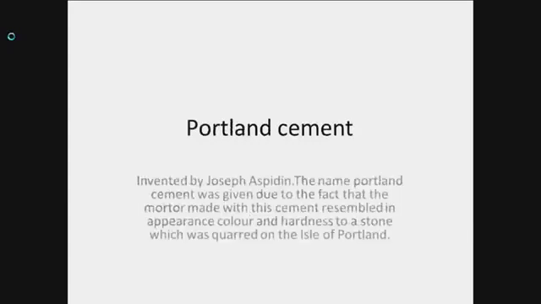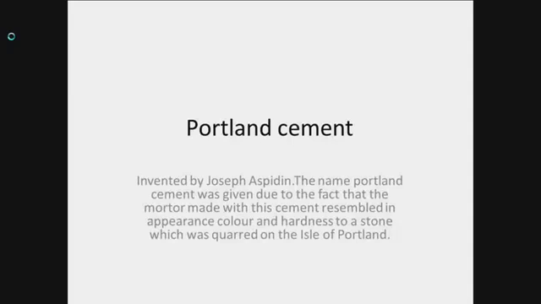When we talk about Portland cement, it was invented by Joseph Aspdin. The cement was prepared by heating a mixture of finely divided clay and hard limestone in a furnace until carbon dioxide was driven off. The manufacture of Portland cement was done by mixing together calcareous and argillaceous